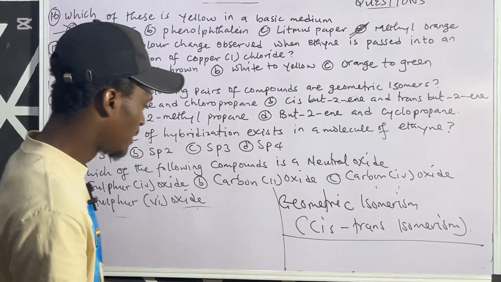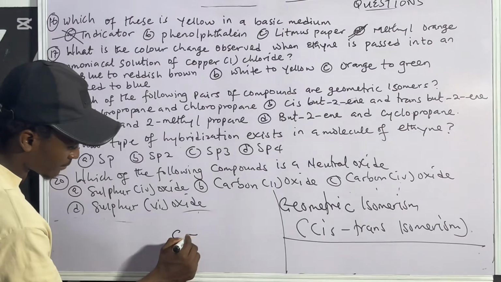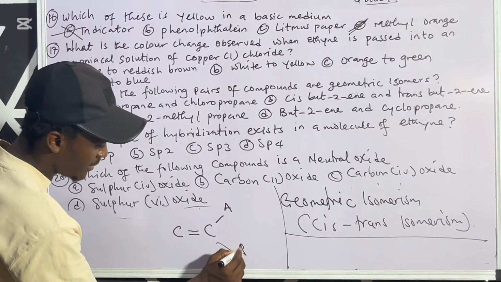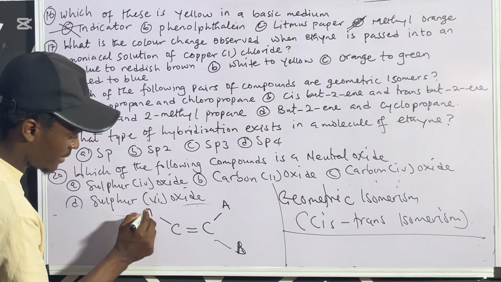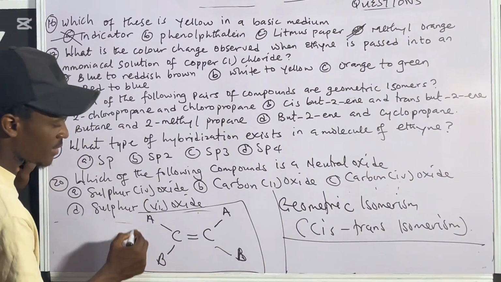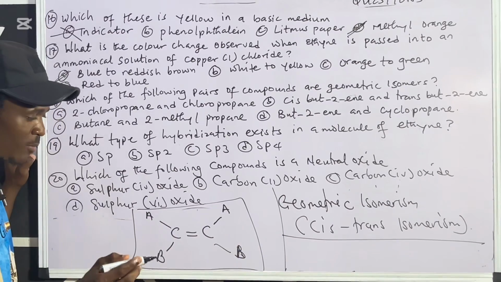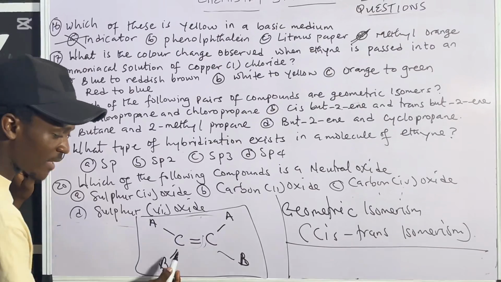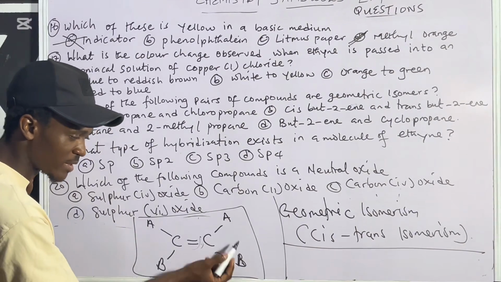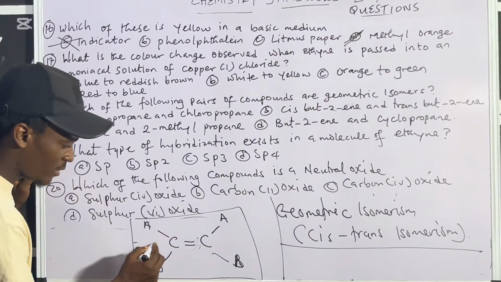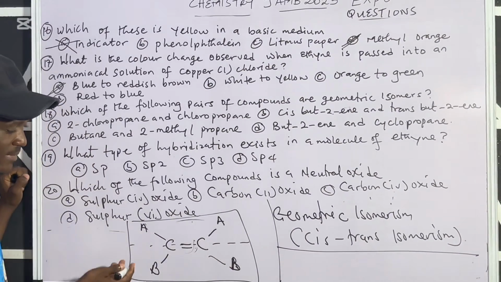What does that mean? It's just like you having something like this. And then you have A here and you have B. And over here you have A and you also have B. What do you observe? This kind of compound can exhibit what? Cis-trans isomerism. Why? It has a double bond, which is the first criterion. Then the second is that the two carbons linked by the double bonds must contain the same group, AB, AB. So in this case, you can call this the cis configuration.